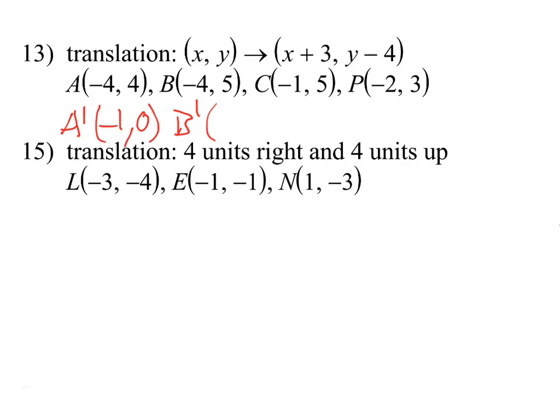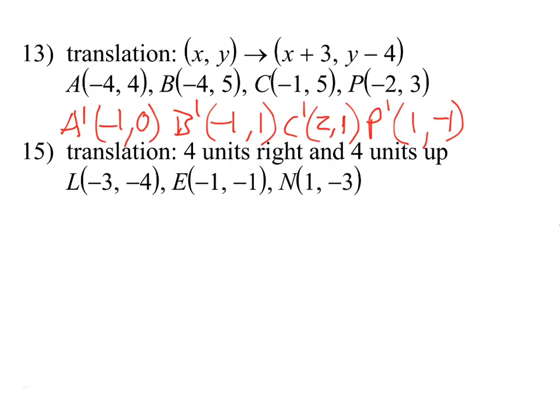B prime, you need to take this coordinate here, add 3 to it, gives you -1. Take 5, subtract 4 from it, you'll get 1. C prime, you're going to take -1, add 3 to it, that's going to give you 2. Take 5, subtract 4 from it, you're going to get 1. And then you got P prime, take your -2, add 3 to it, gives you 1. And then 3 minus the 4 is going to give you -1. And so those are your